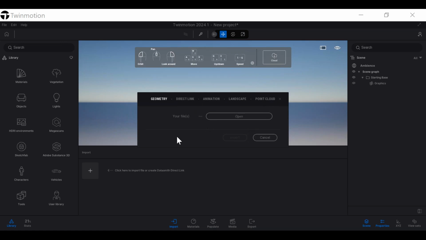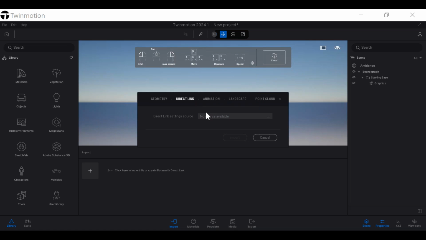Geometry is just your standalone UDATASMITH file that you've converted, whether from Revit or whatever 3D software you're utilizing. You convert it to a UDATASMITH file and then import it each time you want to update that geometry file. You also have the direct linking method, which allows a live feedback update